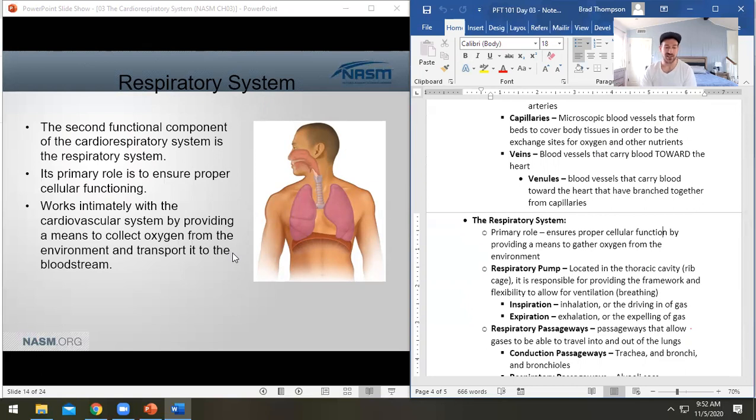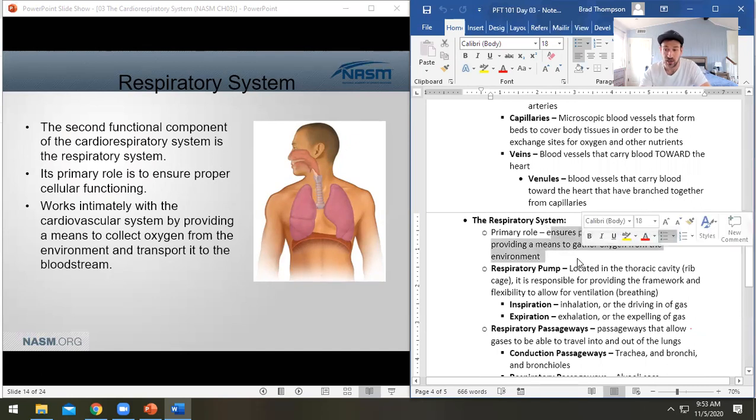We talked about the cardiovascular system. Let's talk about the respiratory system, the lungs. The lungs are responsible for providing your body with cellular function, which sounds kind of weird when you're like, isn't it in charge of breathing? Well, remember, breathing is all about bringing in oxygen. Your cells cannot survive without oxygen. So this is how you do cellular function. You have to be able to breathe. And so their primary role is to ensure proper cellular functioning by providing a means to gather oxygen from the